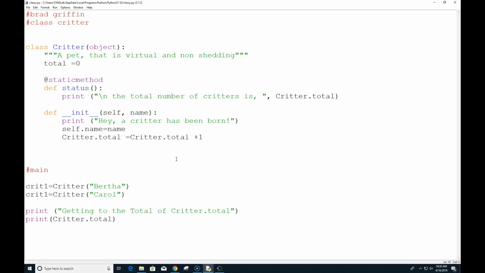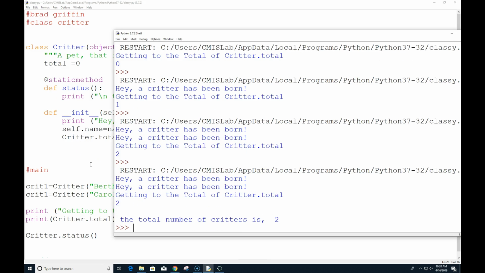So we could do some other functions with it. We could do some other things. So if I did, so we got to it directly. What if we ran Critter.status? So in other words, we're running another piece there. We're not passing anything into it, so we're not creating a new object. And so getting to the total of critters, we have 2.